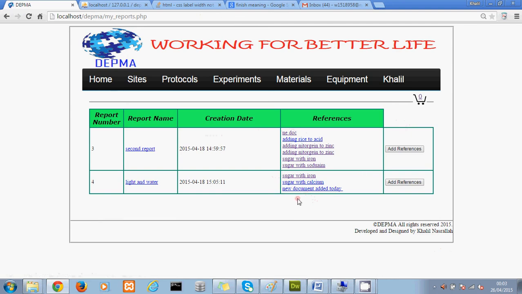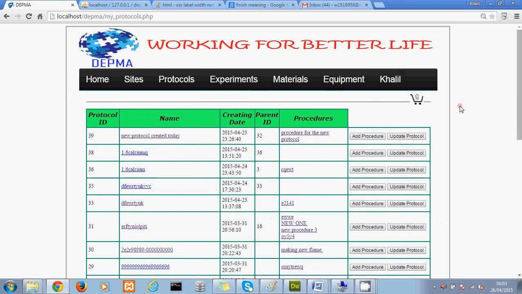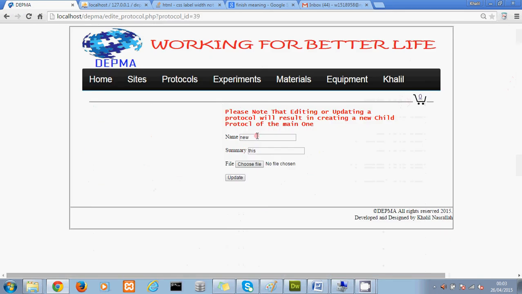My reports. So we can see that the new document added today has been added to the reference of the light water. My protocols. A user can show the protocols, as we said, and can update a protocol. Updating a protocol will result in creating a new child protocol of the main one. So let's say the protocol is new. Let's give it this new protocol created today